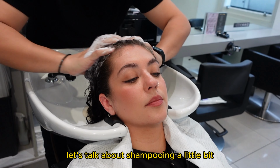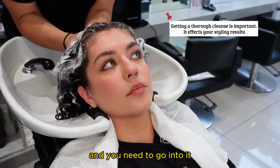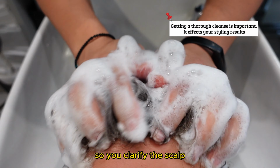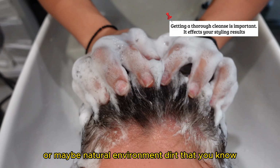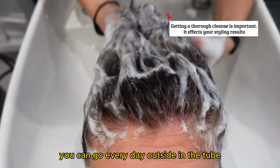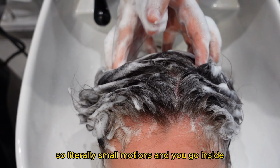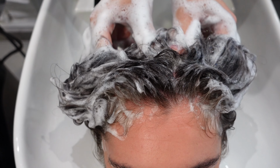Now let's talk about shampooing a little. With curly hair, you usually need to spread in the shampoo and you need to go into it. You don't need to go very quick, slower motions but deep. So you clarify the scalp, you remove all the products or maybe natural environmental dirt that you get going outside every day in the tube. All this pollution is on our hair. So literally small motions, and you go inside. You put your thumb and your whole hand